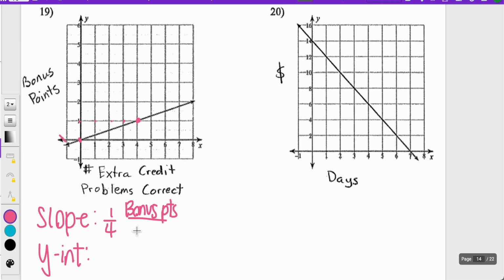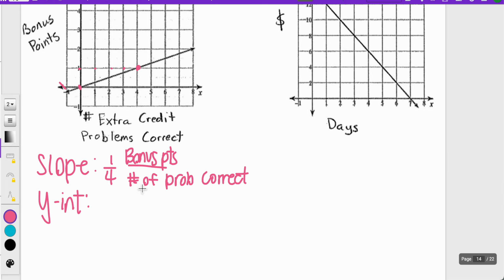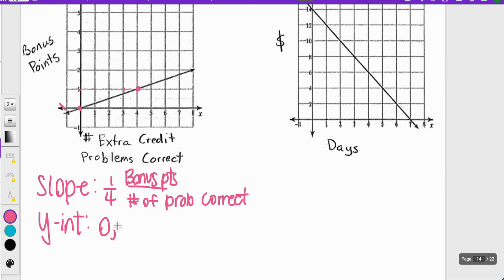And my 4 represents run, which is my number of problems correct. So 1 bonus point for every 4 problems correct. The y-intercept is 0, comma 0, so no bonus points